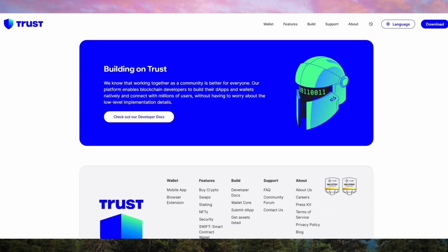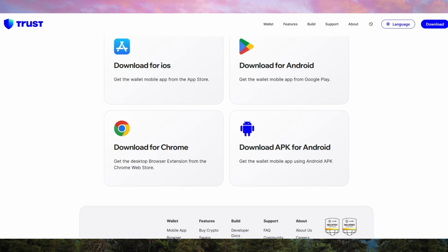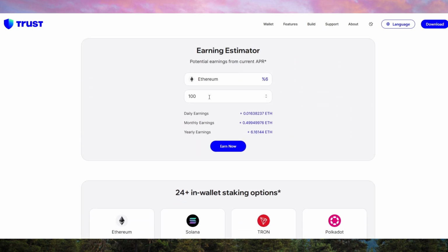It also supports staking, allowing you to earn passive income by holding select assets. With Trust Wallet, security is solid, as you manage your own keys, and there's no central authority that can control or freeze your funds. It's perfect for those who value privacy and control over their assets and prefer to interact